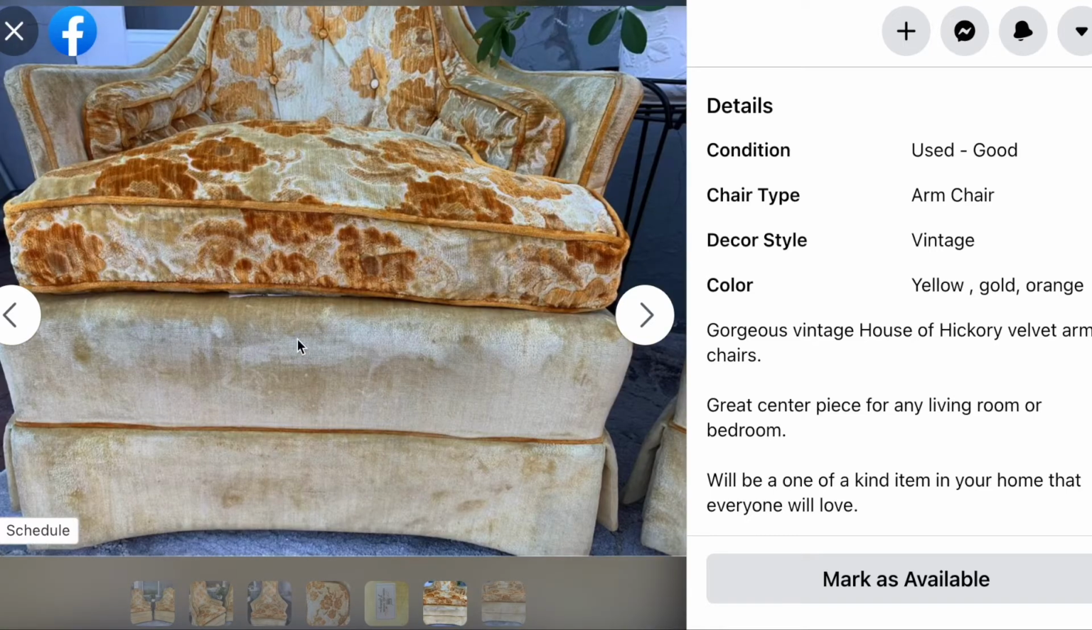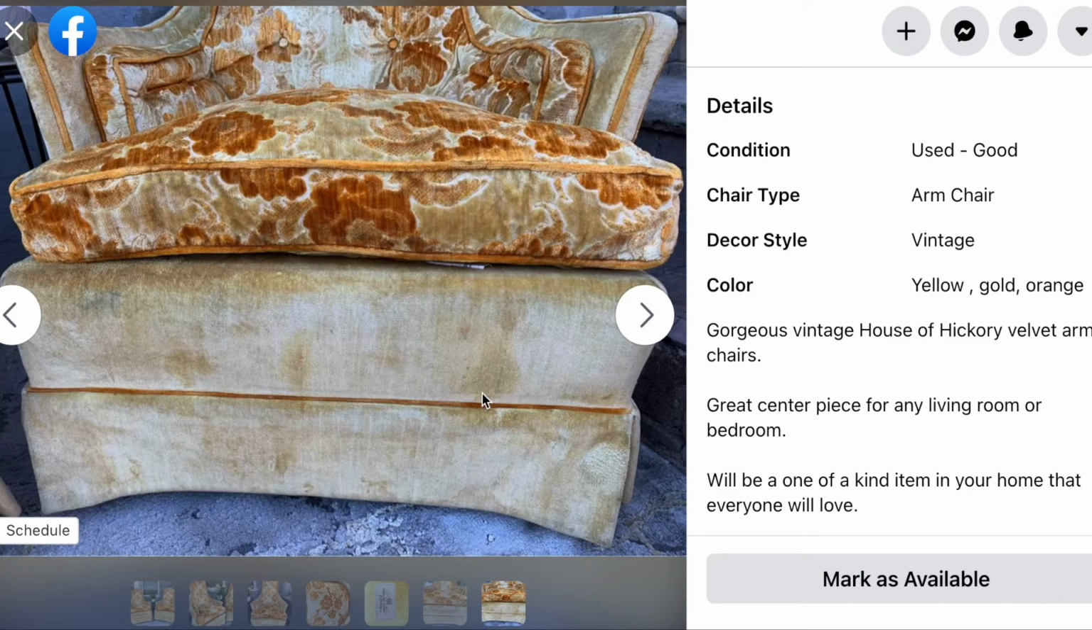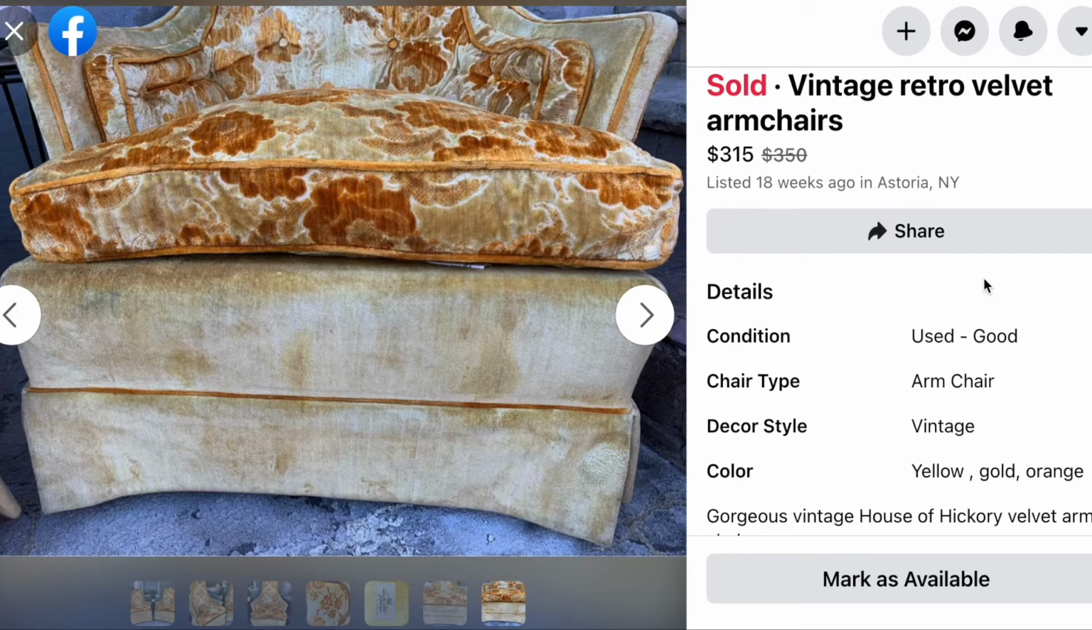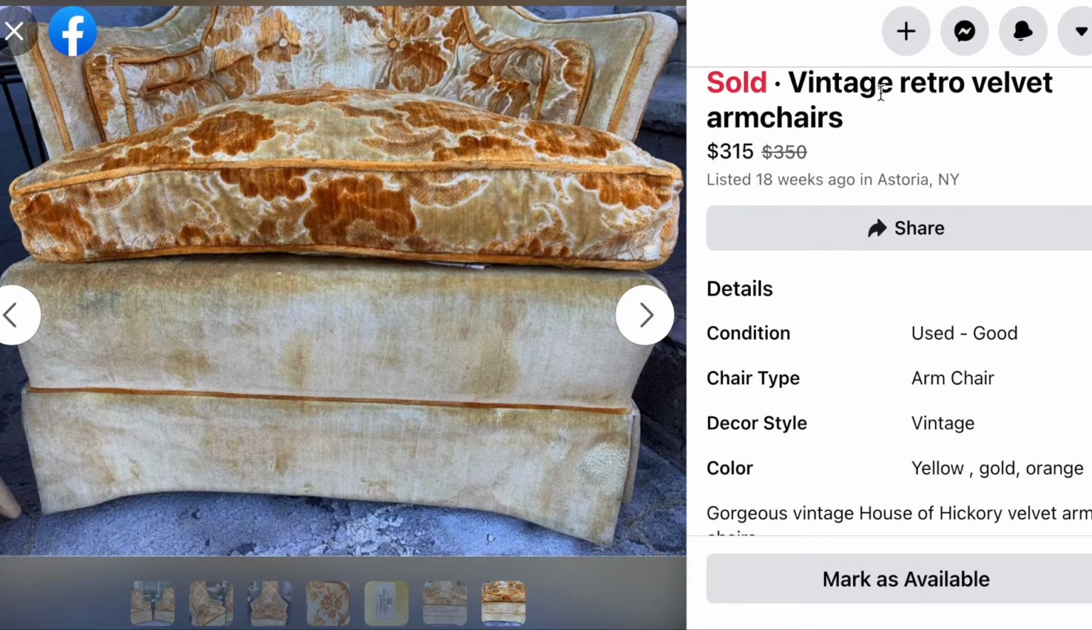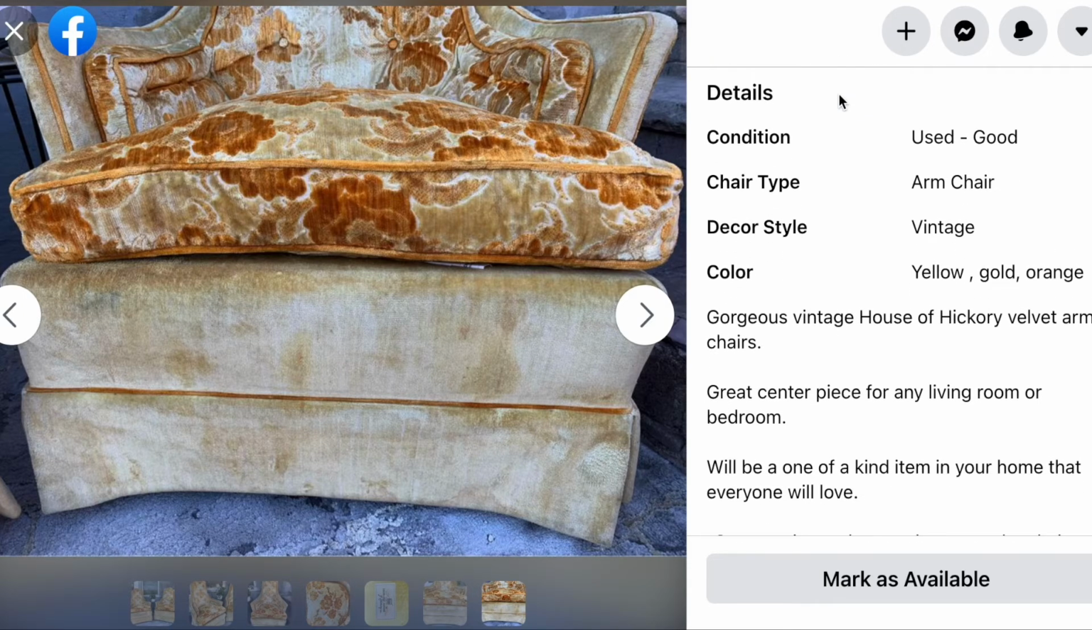We also made sure to take photos of the stains and wear and tear of the chairs so that the buyer does not have any surprises once they receive the item. Now, looking at the description, we have the title over here, which states what it is. It's a vintage retro velvet armchair, and we also included in the details the condition, the type of chairs, the